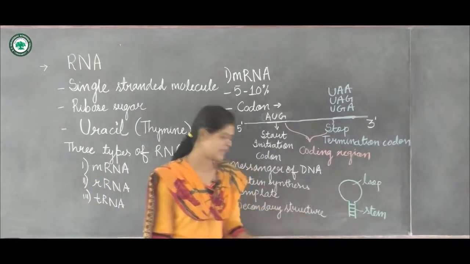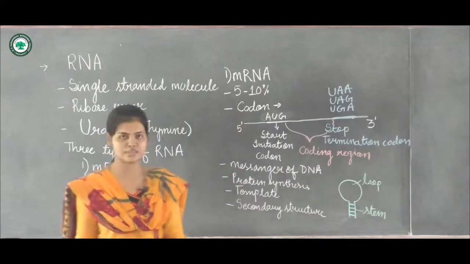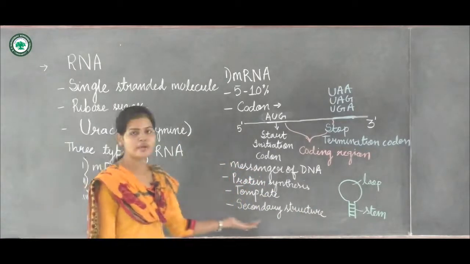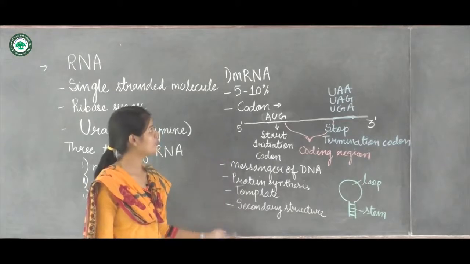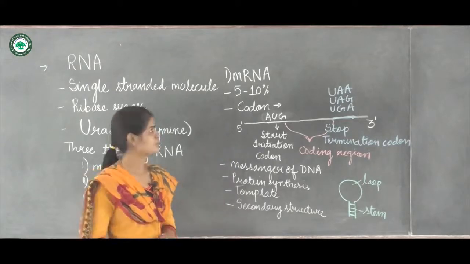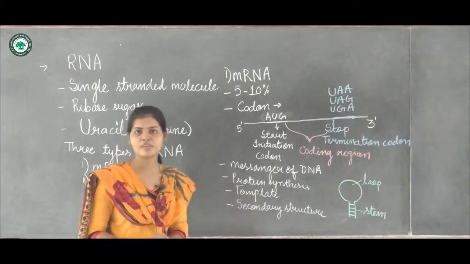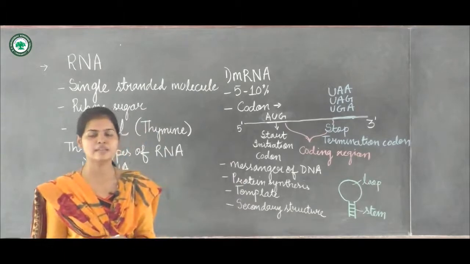So they will acquire secondary structures, that is stem loop or hairpin loop. So this is about the structure and the function of the mRNA. Next we will see the structure and the function of